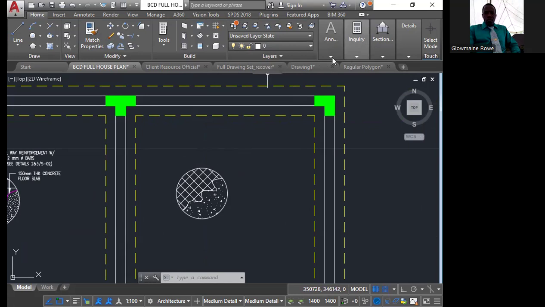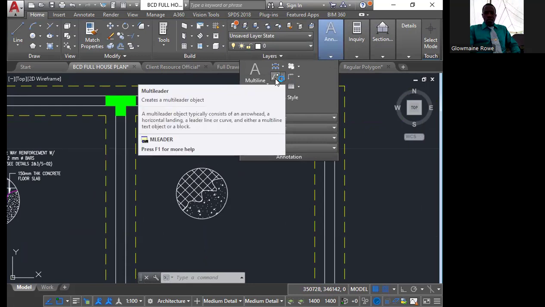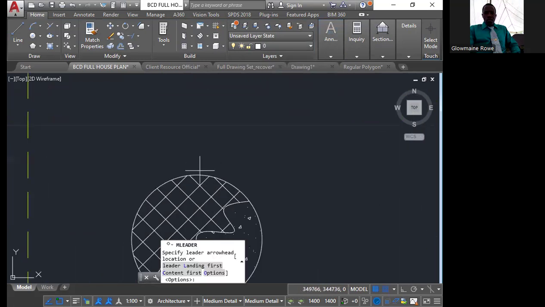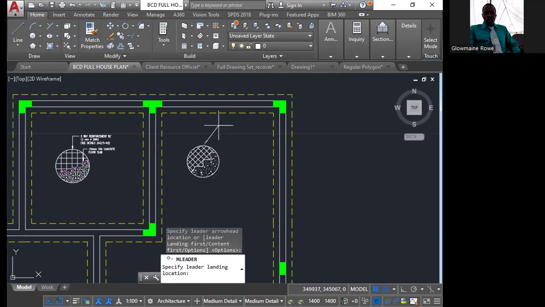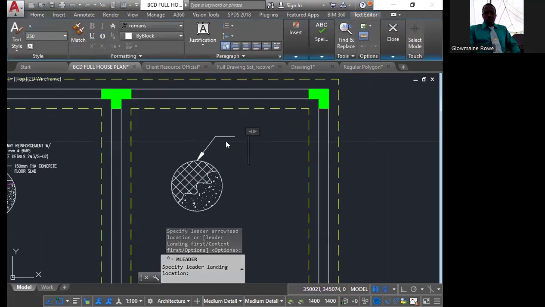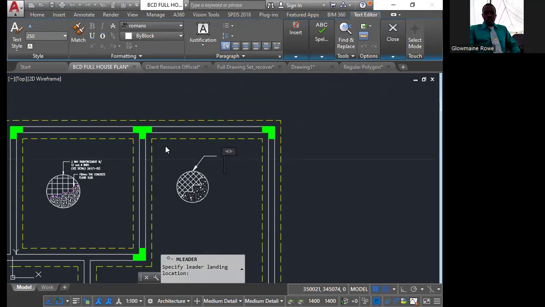So on your home tab, in the annotation section, we're looking for this circle here with a line and an arrow attached. Right? It says multi-leader. So we click on top of the circle. I'm going to have to change the text height when you're finished. It says two-way reinforcement. Two-way